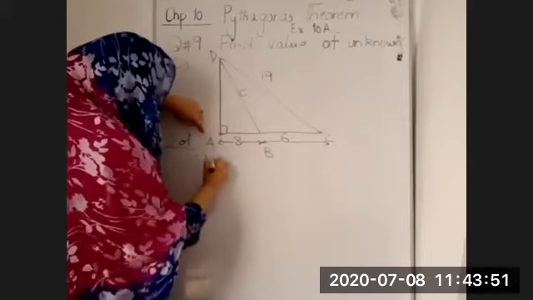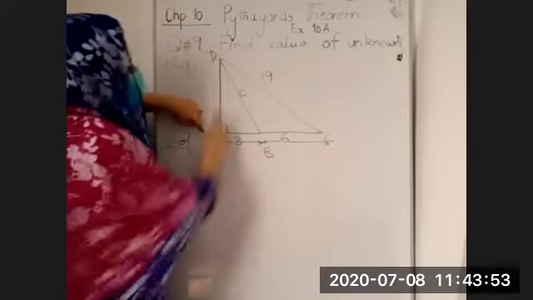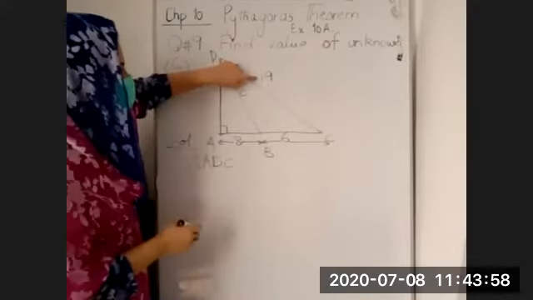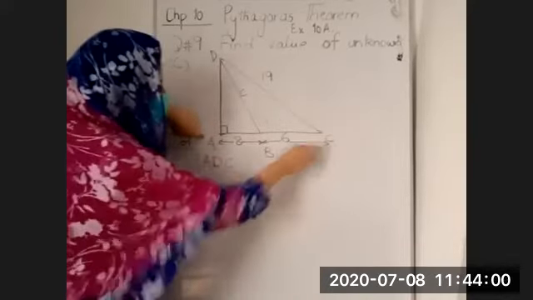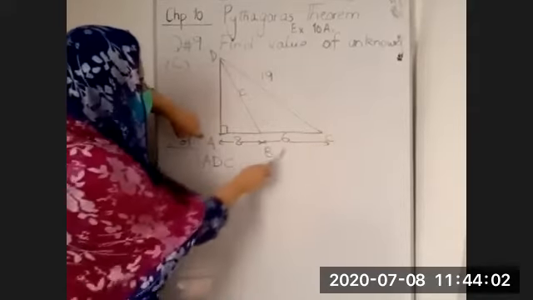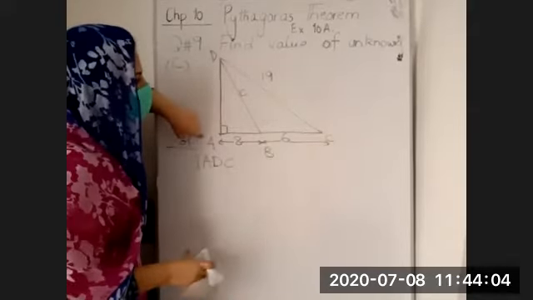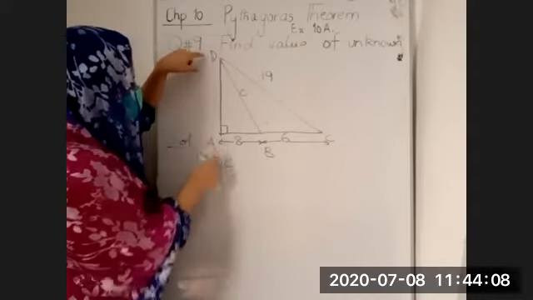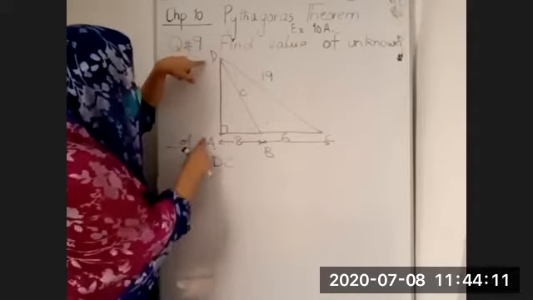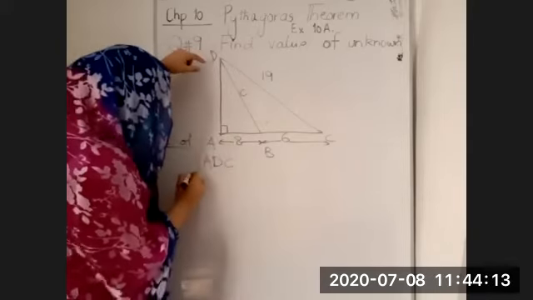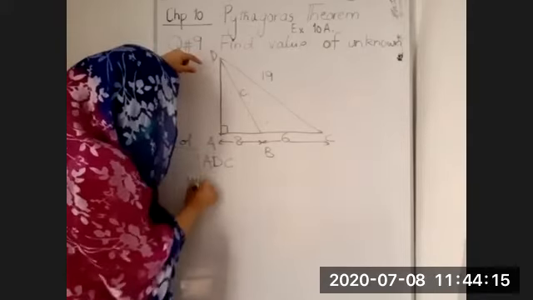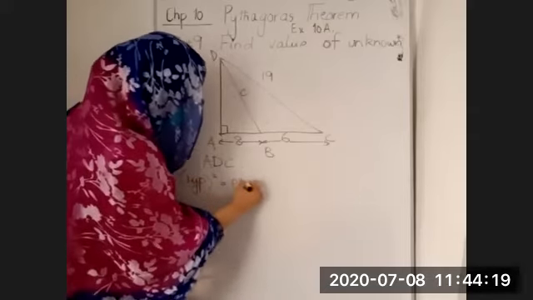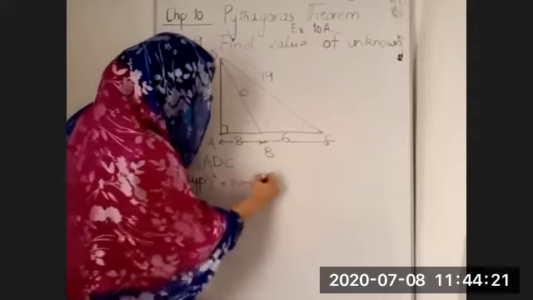Triangle ABC. When you take the triangle ABC opposite to 90 degree, this is your hypotenuse and this complete AC. Complete AC is your base. 8 plus 6 equal to 14 will be your base and AD is your perpendicular. So first by taking the triangle ABC, I will find out the value of AD. First I have to write my Pythagoras theorem that hypotenuse square is equal to perpendicular square plus base square.